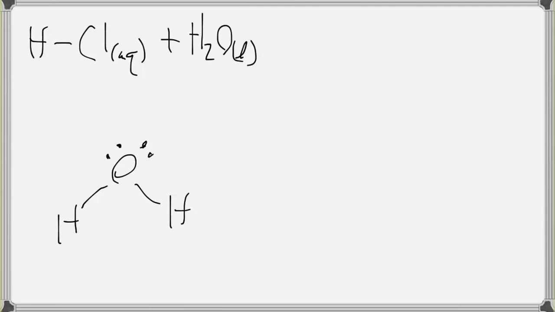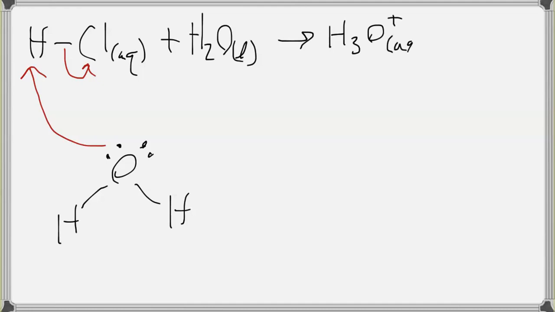Well, those lone pairs of electrons can actually get a little greedy, and they can come in here and grab that proton. And when that happens, the electrons in this bond get donated entirely to chlorine. So in this event, the water is picking up the proton from HCl, and now we're creating H3O+